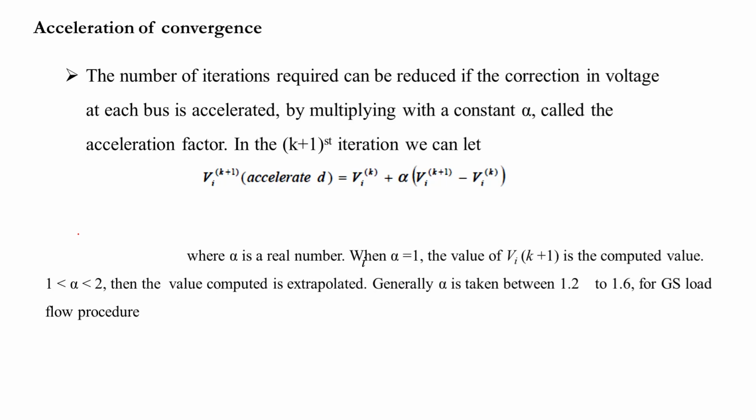And this is the formula to find the accelerated Vi at k plus 1 iteration. Okay, so where alpha is a real number, and if alpha equal to 1, then the value of Vi of k plus 1 is the computed value, and this is the range for alpha, between 1.2 to 1.6 for the Gauss-Seidel